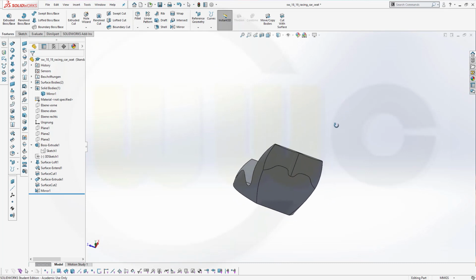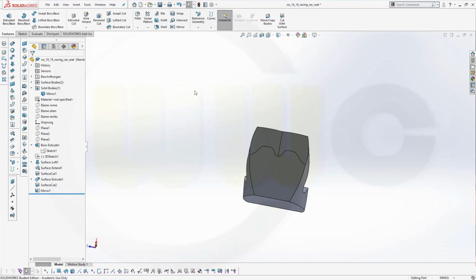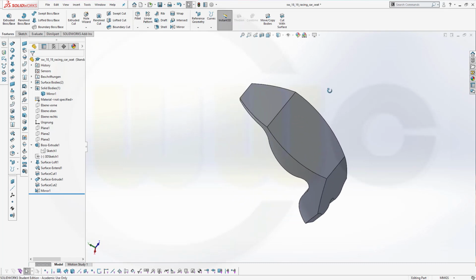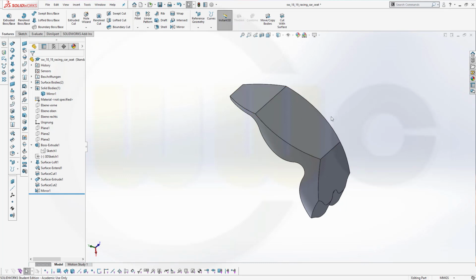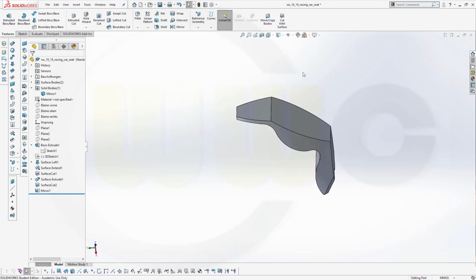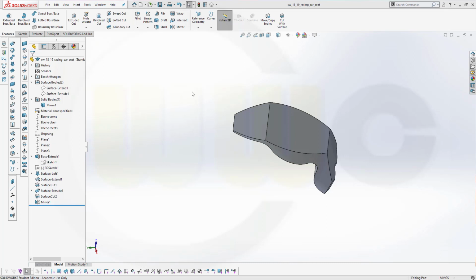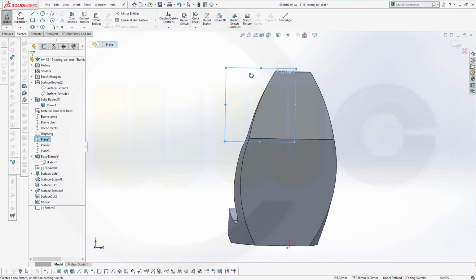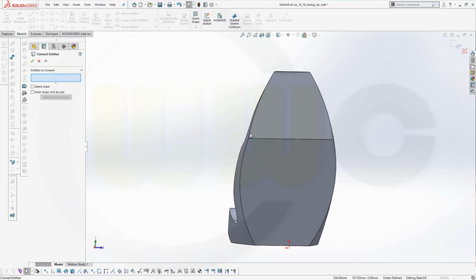Now let's add some fillets. But before I add the fillets, I have to go for that bulge. I almost forgot this one again. So I need two more sketches. One would be on plane 1, and of course turn it around, and I need that edge in my sketch,